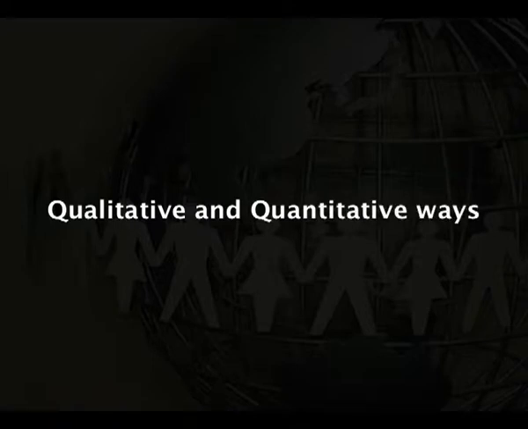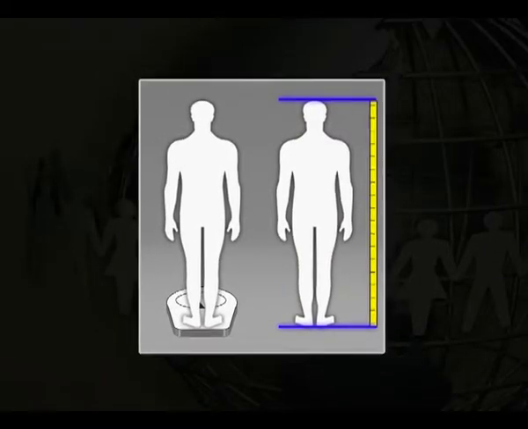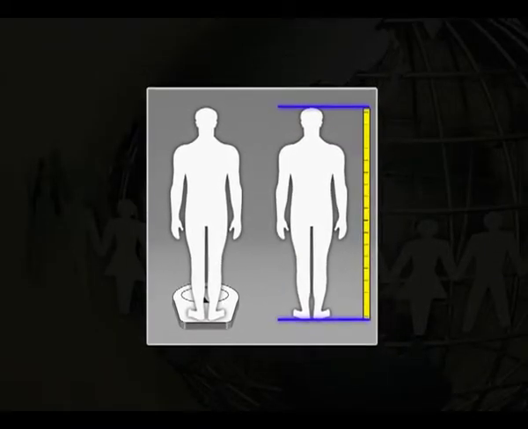The study of human development focuses on both qualitative and quantitative ways people change over a period of time. Quantitative change is fairly straightforward and relatively easy to measure. For example, a person's growth in height and weight. The physical skills, expansion of vocabulary, number of relationships with other people, these are all quantitative changes that can be easily measured. The study of qualitative changes is more complex.